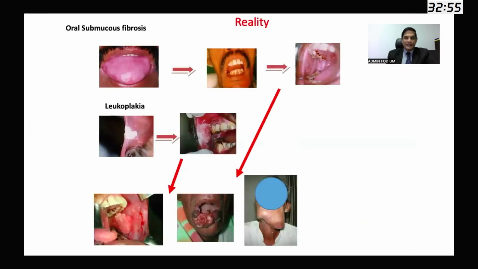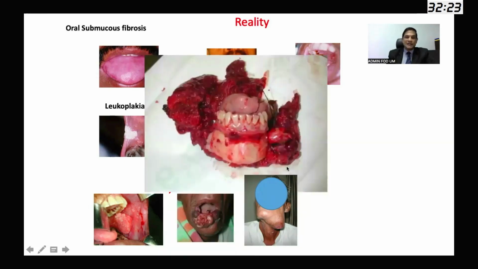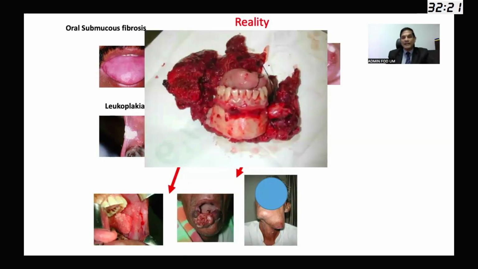Now, this is the reality in this part of the world, especially. We have, as I alluded to earlier, the two common precancers, oral submucous fibrosis and leukoplakia. Now, submucous fibrosis, we know all the problems that these patients have. They can't open the mouth, they can't put the tongue out, the oral cavity is cement-like, with very hard oral mucous membrane, and they do become cancer. And leukoplakia, again, the same thing. But what happens is, when these patients present at this kind of late stage, the surgeons have to do very radical surgery. Now, you see almost the whole mouth is out here.